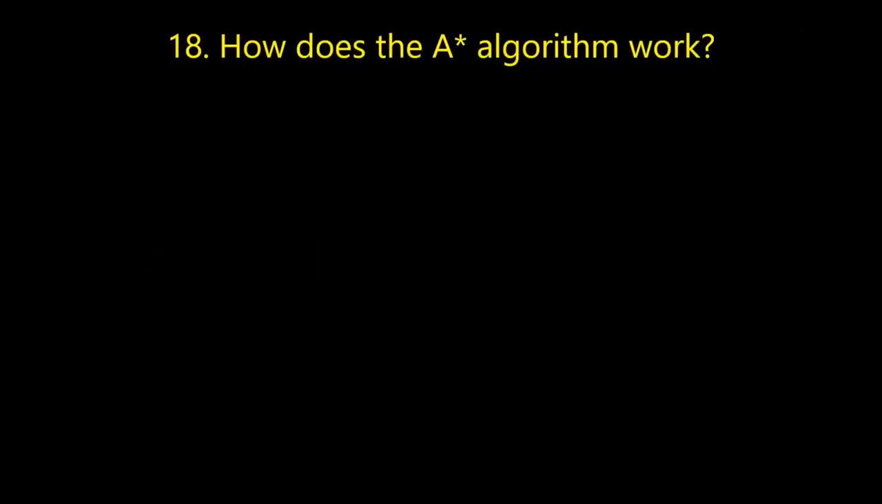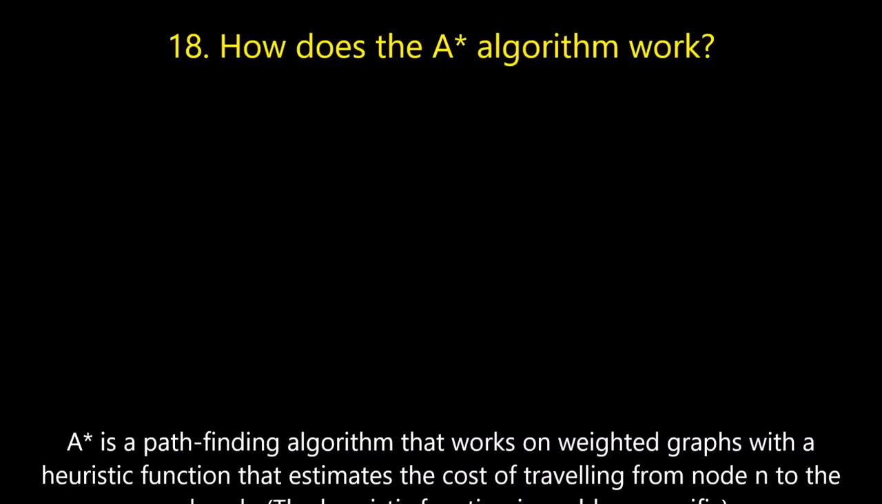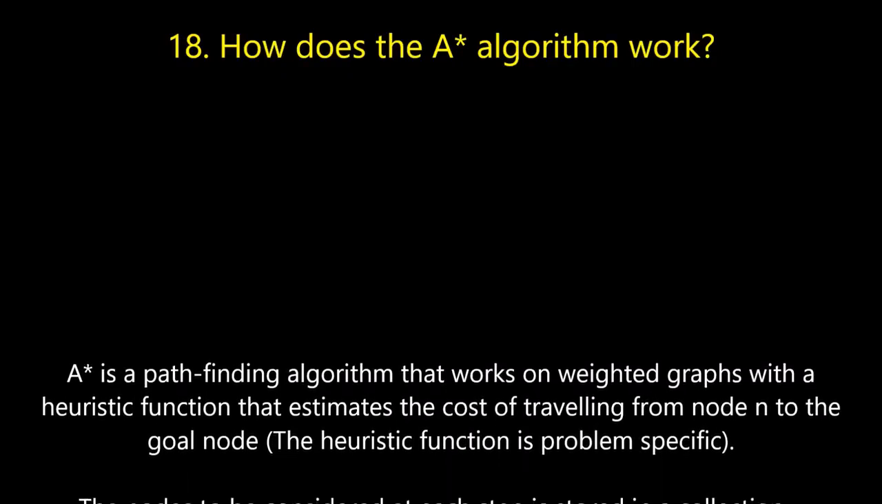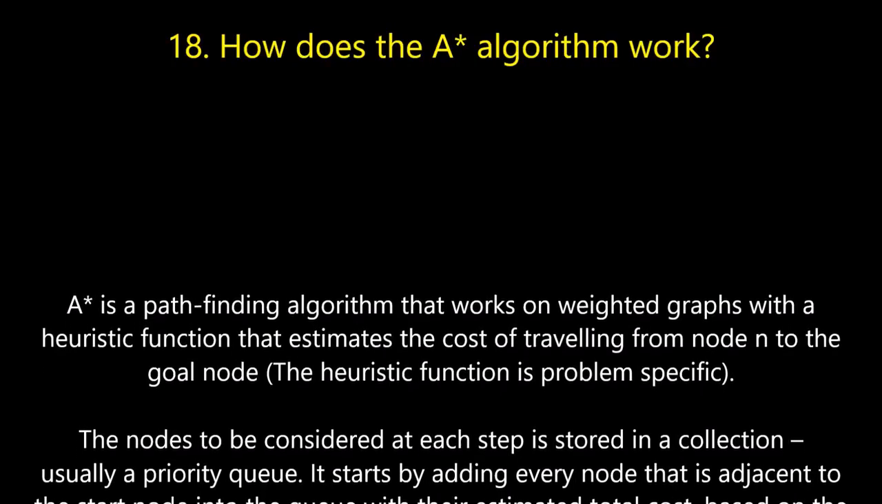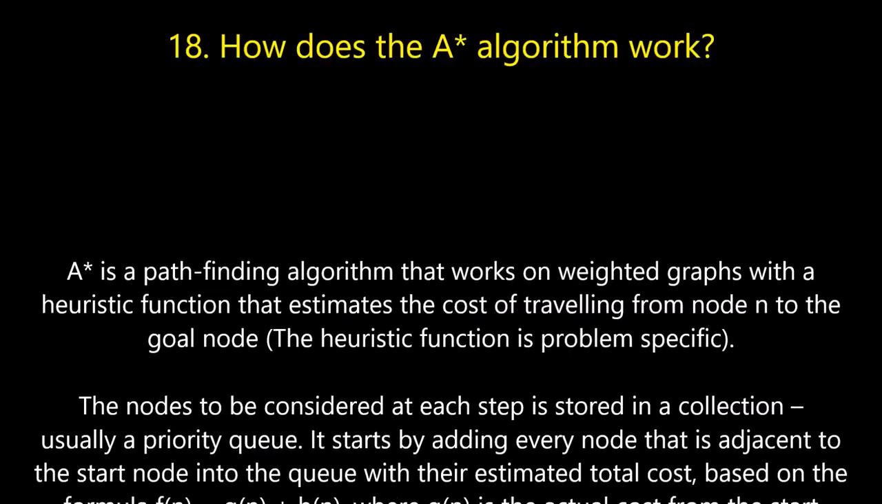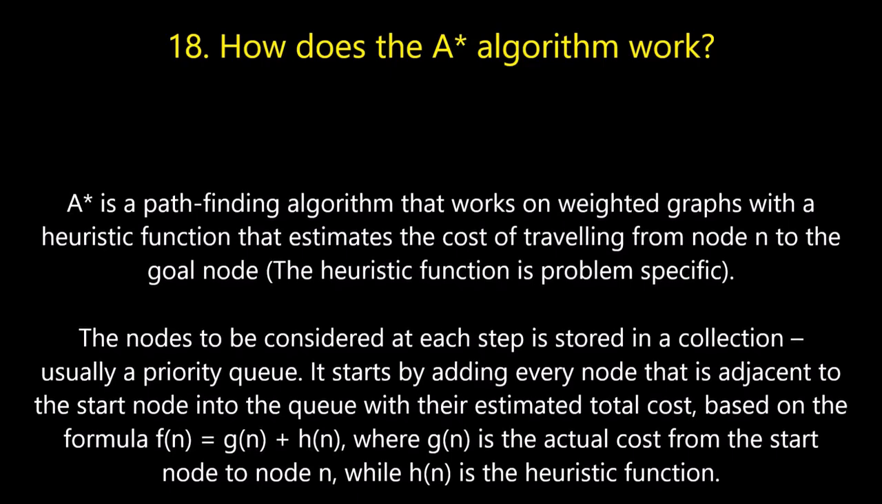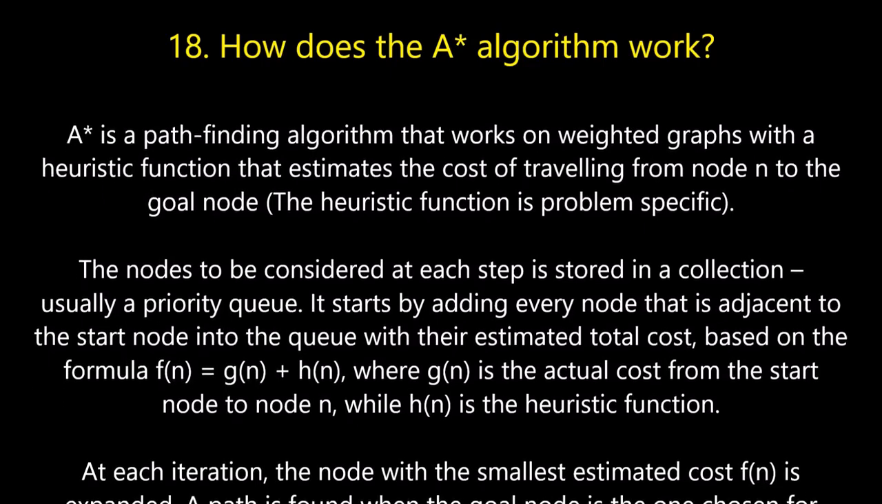Question number 18. How does the A* algorithm work? A* is a pathfinding algorithm that works on weighted graphs with a heuristic function that estimates the cost of traveling from node n to the goal node. The nodes to be considered at each step are stored in a collection, usually a priority queue. It starts by adding every node that is adjacent to the start node in the queue with their estimated total cost,